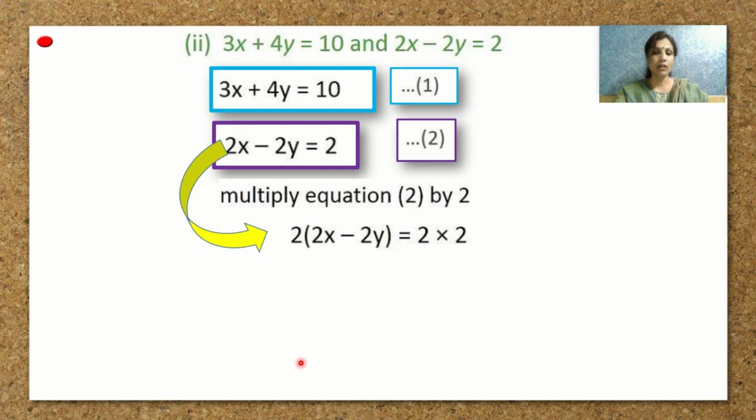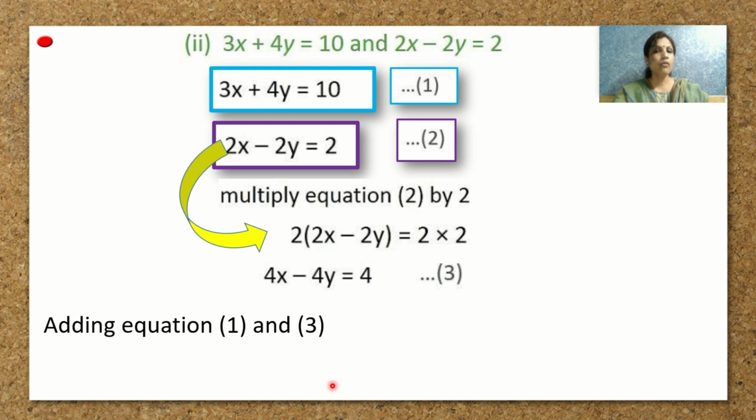Alright, let us solve this. 4x minus 4y is equal to 4. We will mark this as equation 3. And now, can you just check equation 1 and 3? We have made the coefficients of y similar. So adding equation 1 and 3, we get